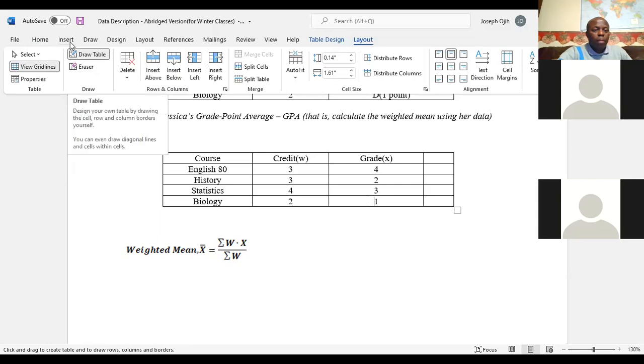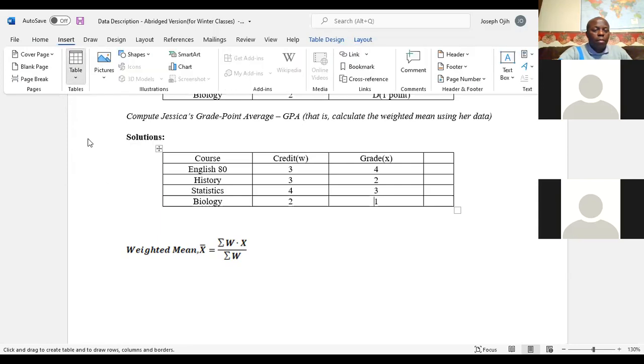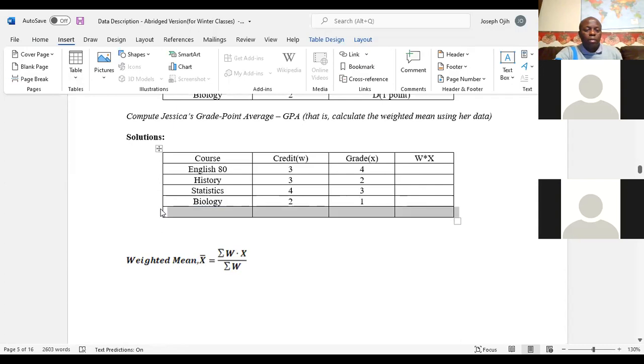All right, we have the W times X part of it. W times X. So we have W times X, and we need the total. So we're going to add a total column here. Total. Okay. We have all the credits. Then we have to get this one. W times X means